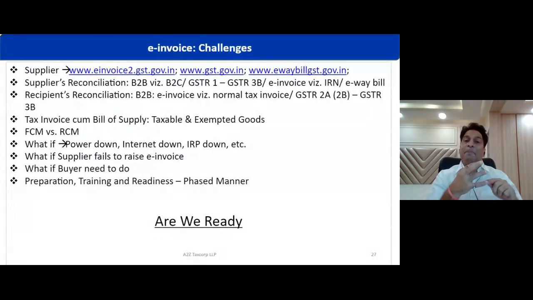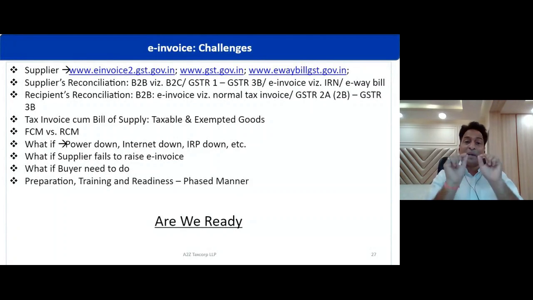department, tax department. All large taxpayers first need to undertake a training session for education on how it is to be done. In case there's a power break, in case the IRP is down, how the business needs to be routed, how you need to divide your taxable supplies versus exempted supplies, how this IRN reconciliation with your e-invoice and the normal tax invoice for B2C needs to be done. Many activities are piling up, and 14 days left.